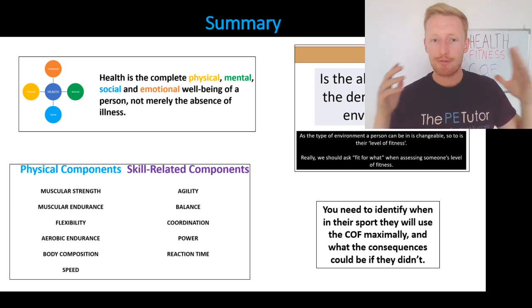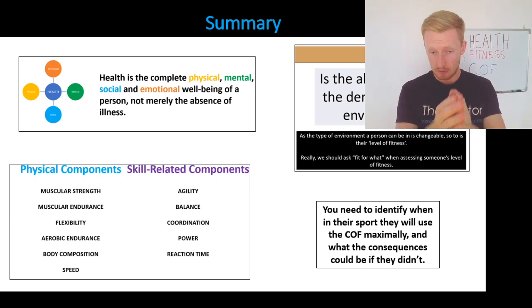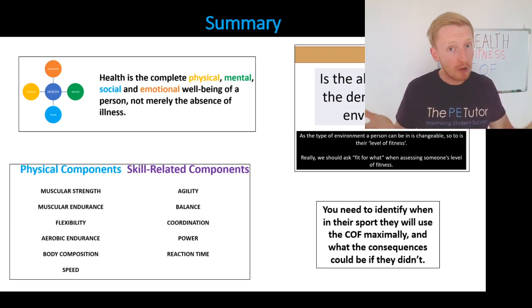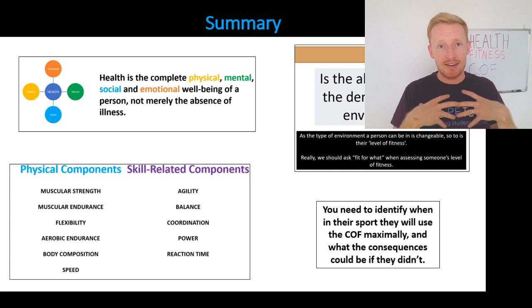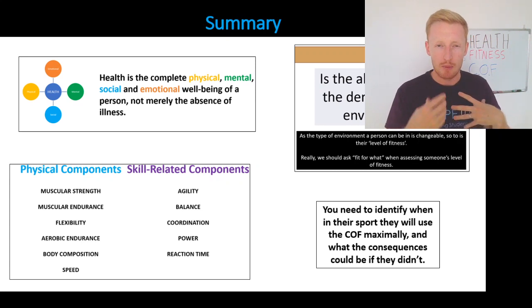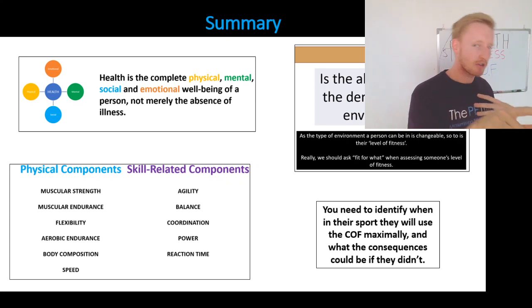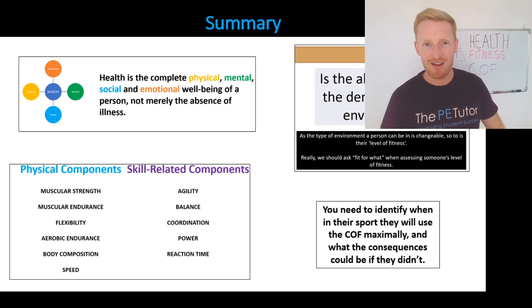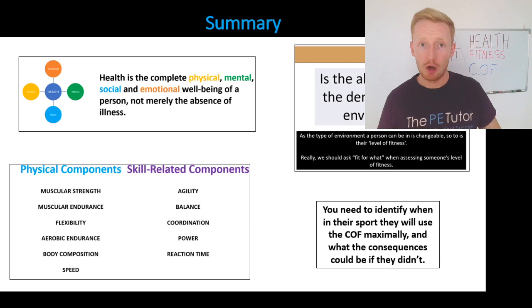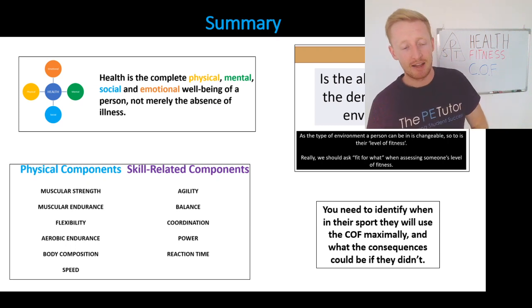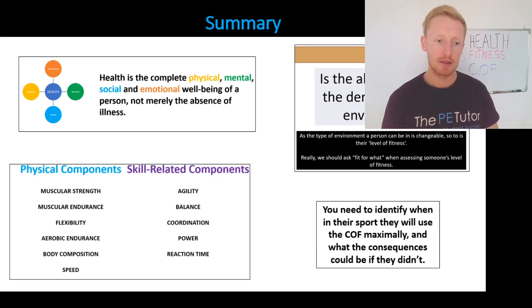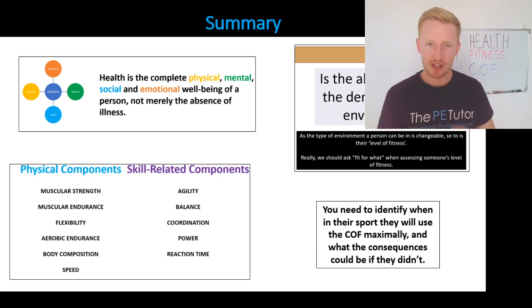Then we looked at fitness, where in grey there is the ability to meet the demands of the environment. Our environments can change, the demands can change, therefore our fitness needs to change. Then what is fitness? Well, we looked at those as well. Physical components, strength, endurance, flexibility, aerobic capabilities, body comp and speed. And then if we were to apply those physical components into more skill related, we have agility, balance, coordination, power